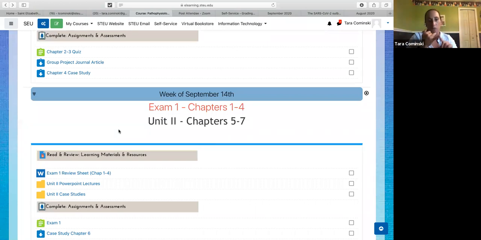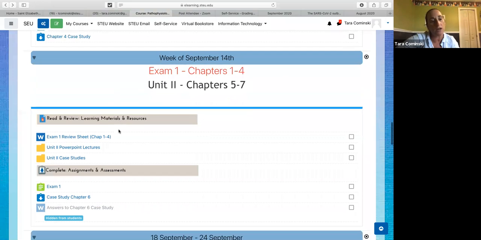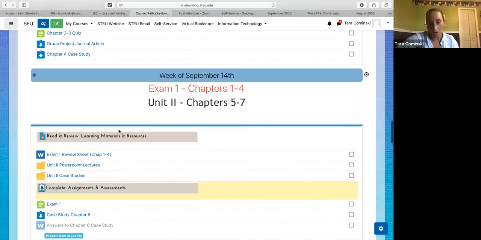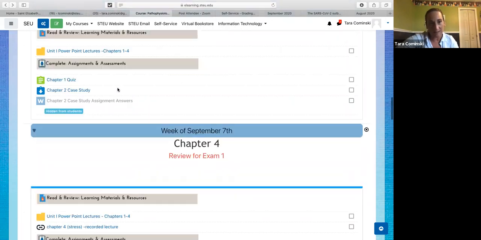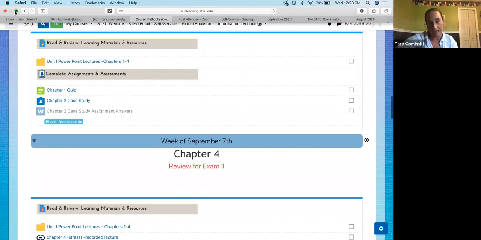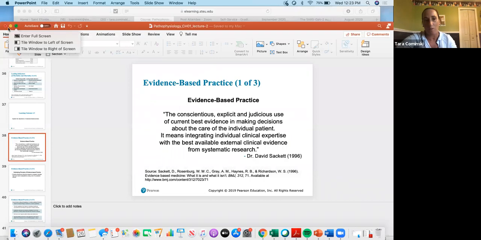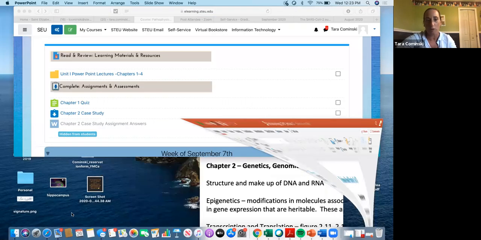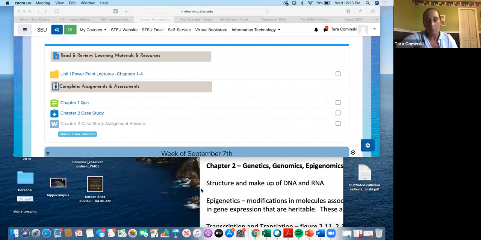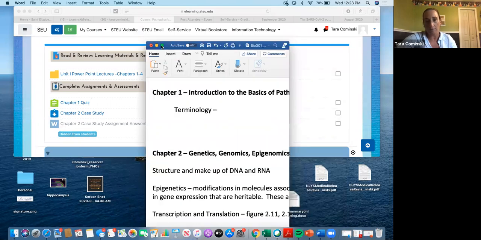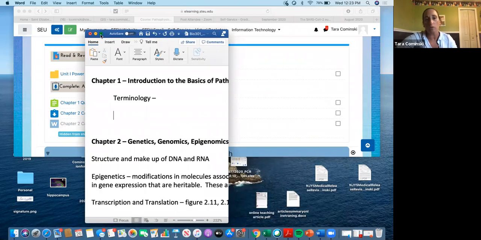So for Monday, it's reading the article. Then I also want you guys to go to that review sheet. Like I said in the beginning of class, we were going to kind of do this together, and I may just try to break us up into groups just to see how that works. I just want to try out the breakout rooms. But I'm not going to have you guys work on that right now. So we'll probably do that with chapter 2 though.